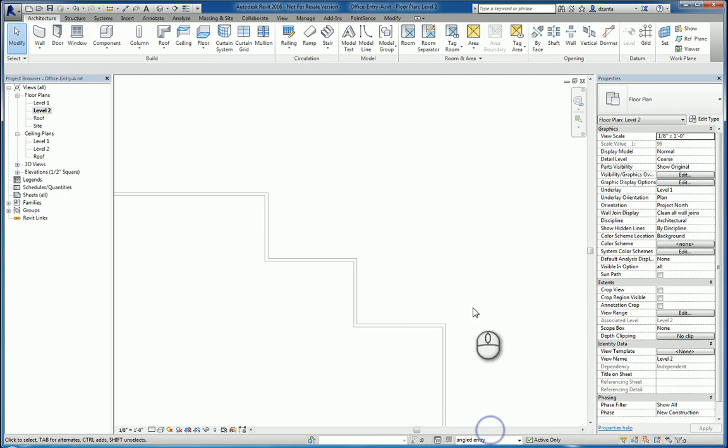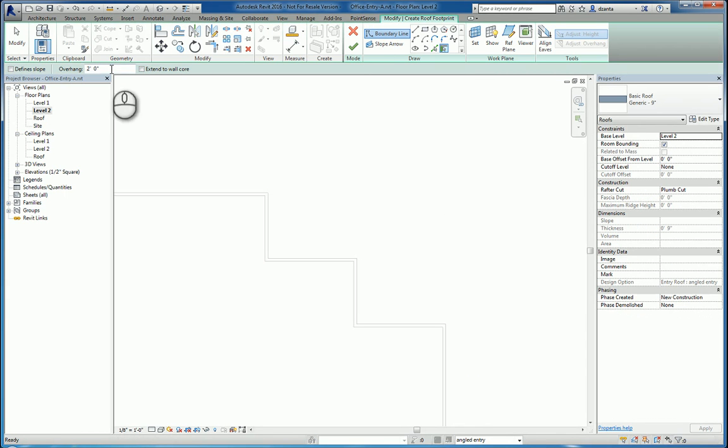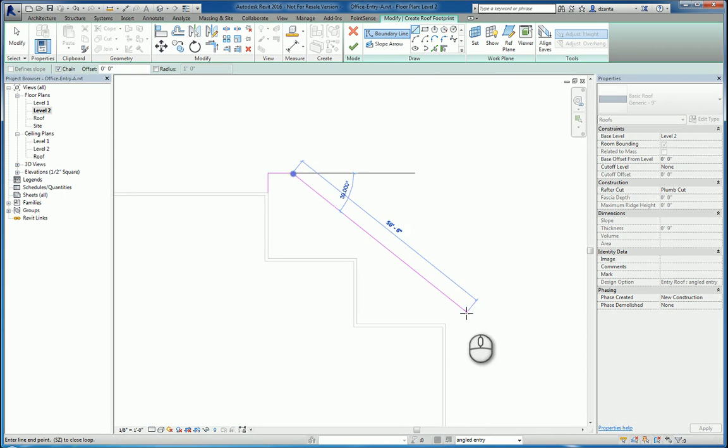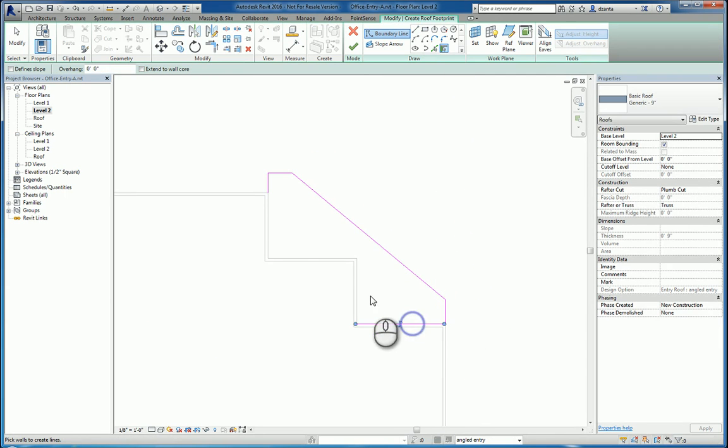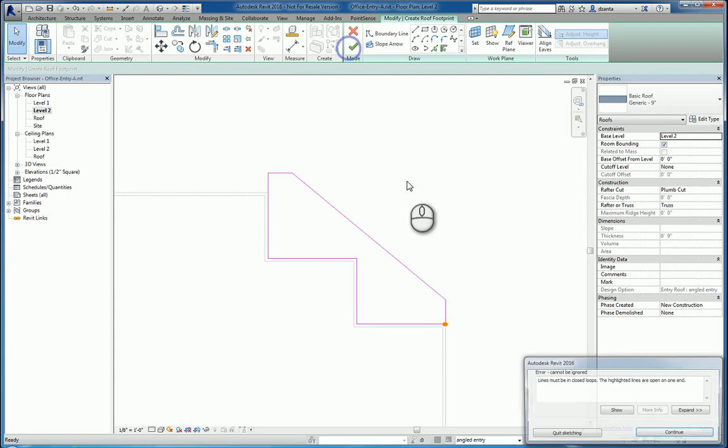And then we want angled. So we'll do the same thing again. No overhang. And the angled one is going to be something like this. And we'll delete this little segment, clean up this corner, and we'll finish it. So now that we have them all created,